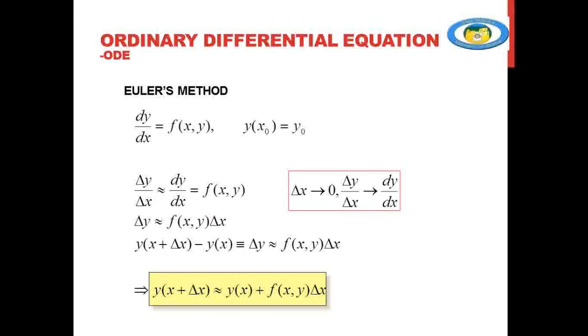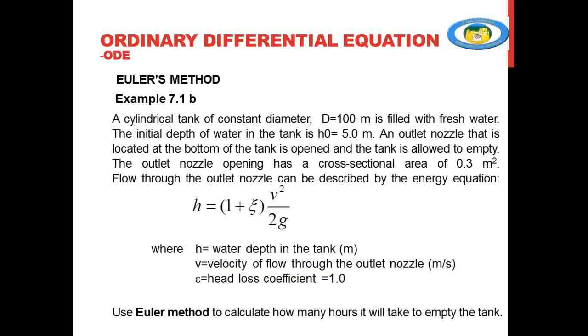We have tried to solve a couple of examples on this. In this example, we tried to solve how long it would take to empty a cylindrical tank with 100 meters diameter and an initial depth of 5 meters. It has an outlet nozzle with a cross-sectional area of 0.3 meters square. So we have tried to show from the continuity principle